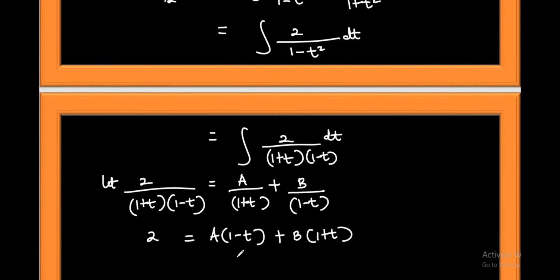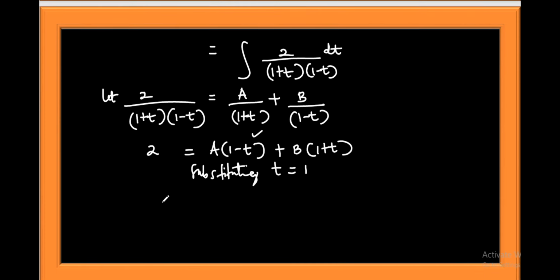So from this, we can clearly see that if we substitute t equals 1, I'm using the cover up method. If I consider the first factor equating it to 0, you get t equals 1. What comes out is that now we shall have 2 on the left hand side equals 2b. Why? Because I've put a 1 here. For this, the whole of this becomes 0. That means practically the value of b becomes